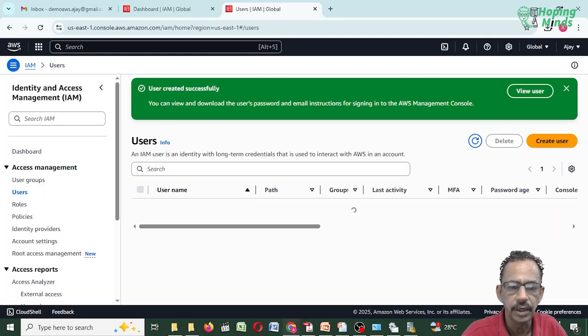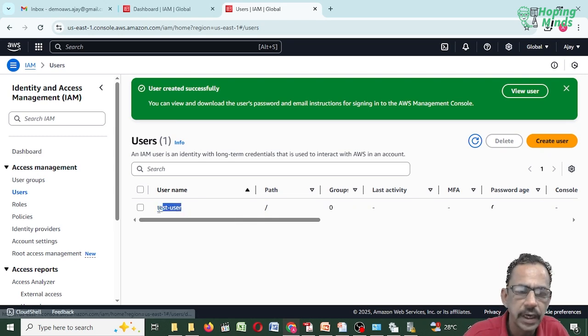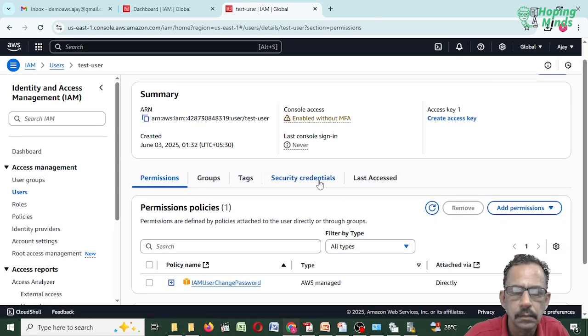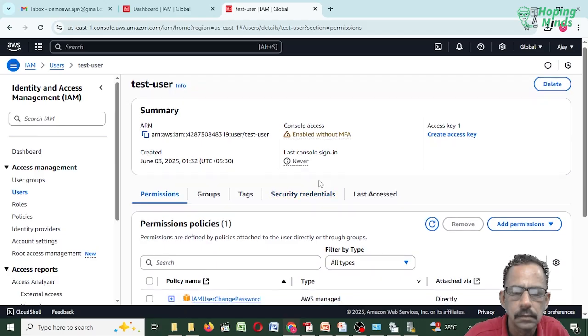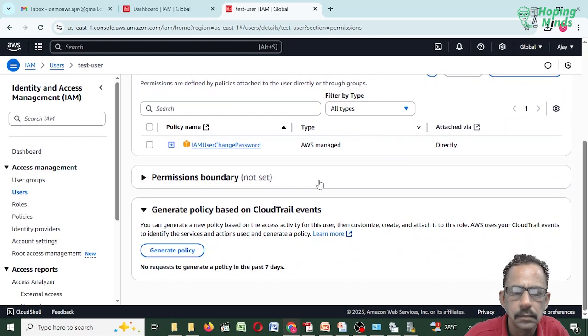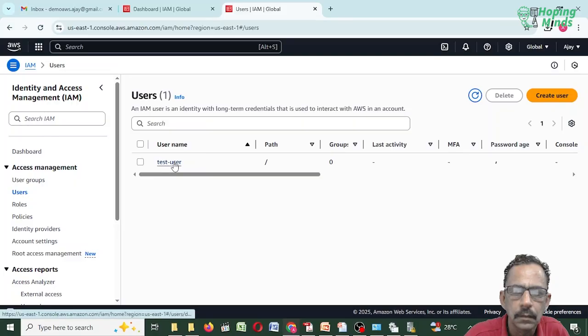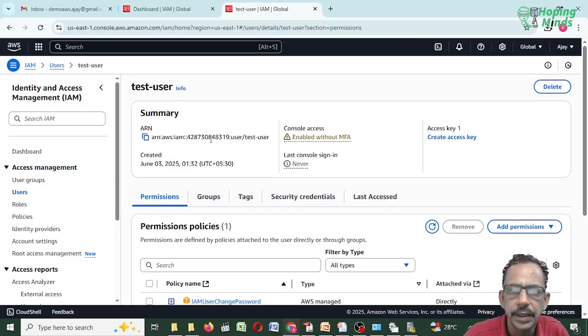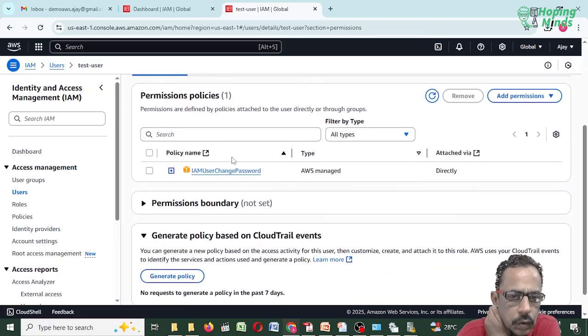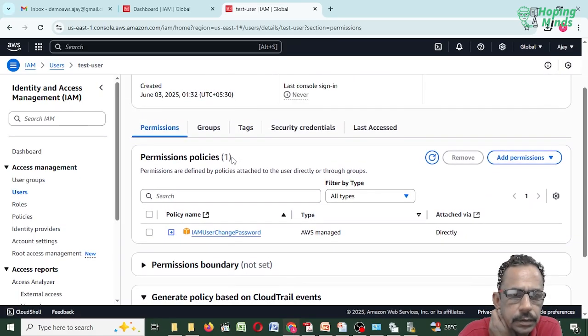So we have created one user, test-user. By default, it has one policy to change the password. Got the point? So this one user has been created. Now how can we use that?